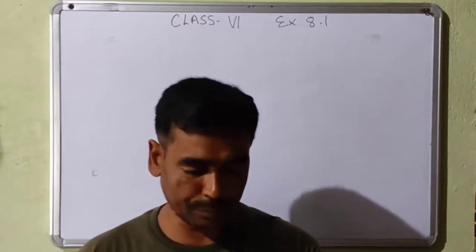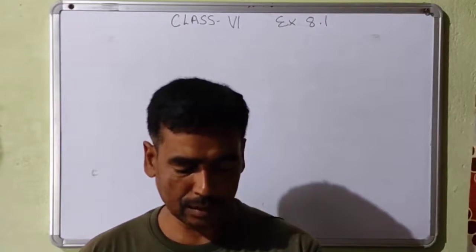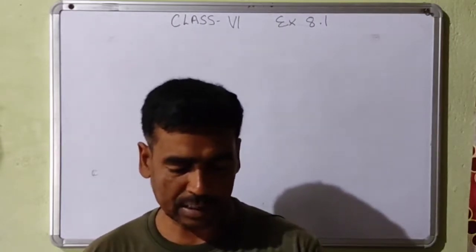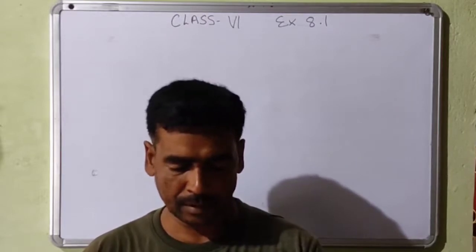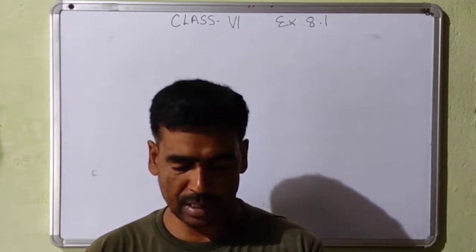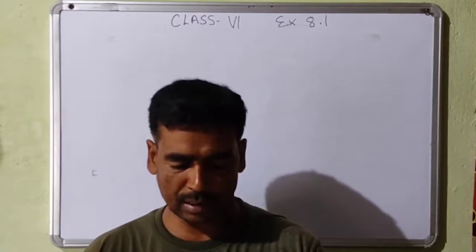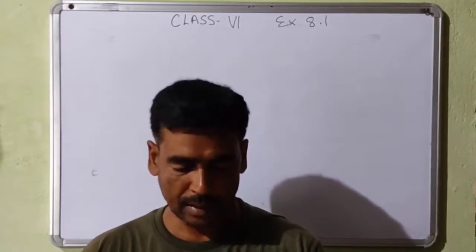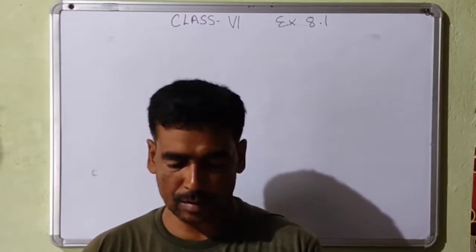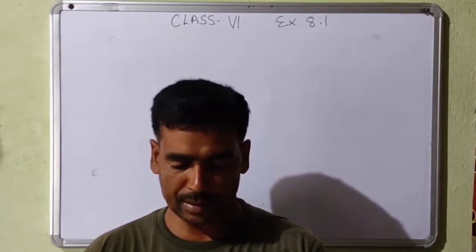You can see in your book, for the A part, you are looking at tens, 3 boxes are tenth. So in the tens column you will write 3, in the ones column you will write 1, only one box is there, and for the tenth column you will write 2 because 2 diagrams are given. For the B part, in the column of 100 you will write 1 because one diagram is given.